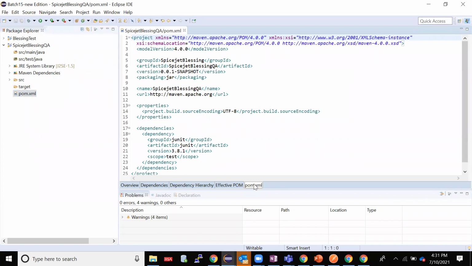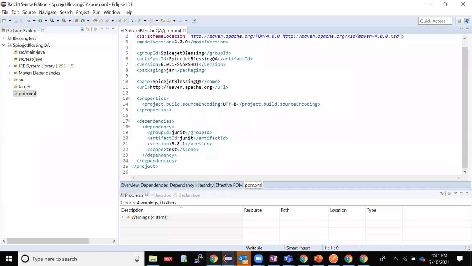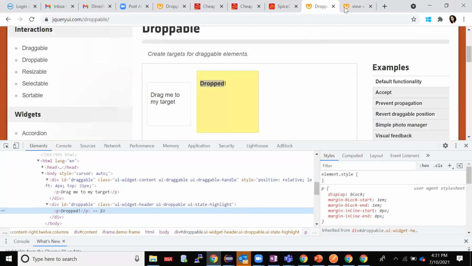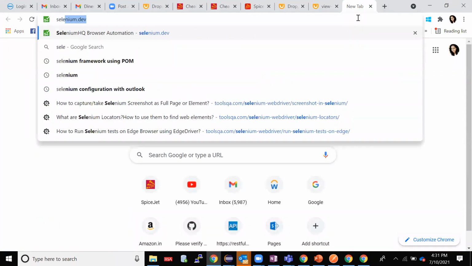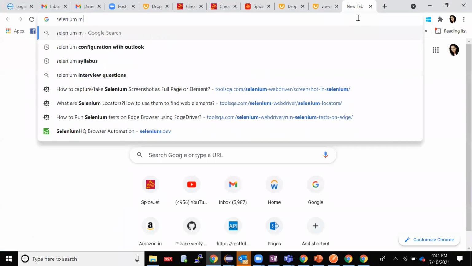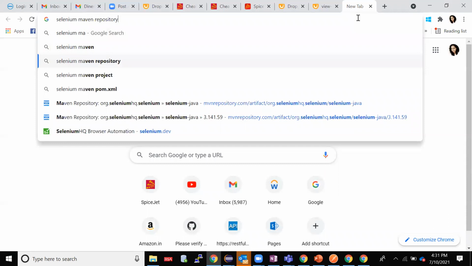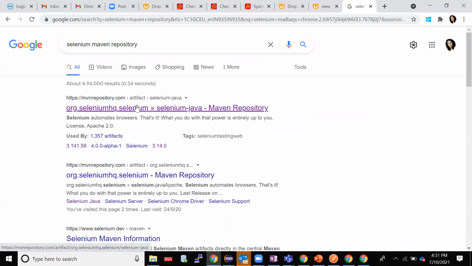When you go to pom.xml, I have this. Now, how do I add my Selenium standalone server? I'll do one thing. I'll search for Selenium Maven repository and go to that.